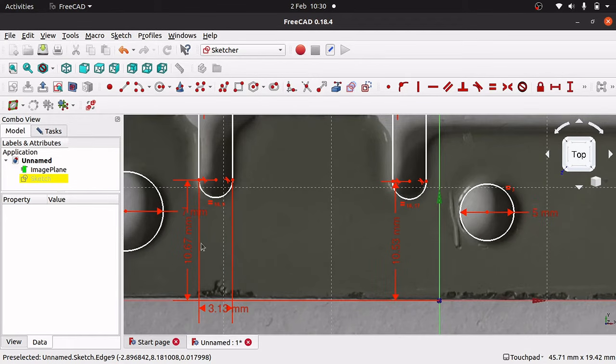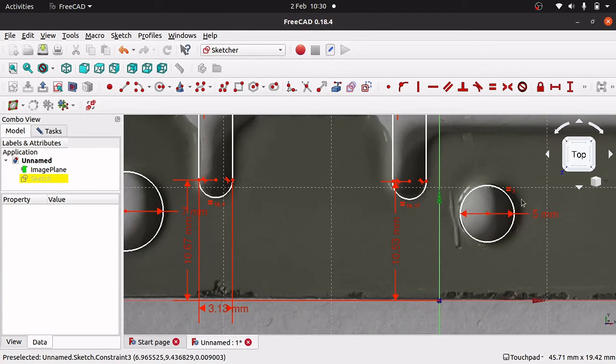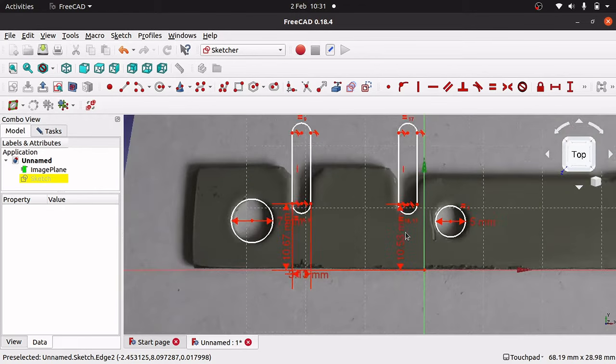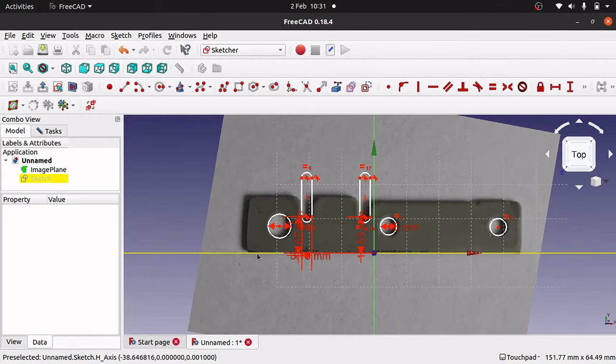So you can see I've got less constraints showing on this one because we've got equality of constraints for the actual width, etc. Move this in position. You want to be careful of shadowing. You've got a shadow around here where the picture's been taken, so make sure you align this with the edge that is not in shadow. Okay, so now we should have our slots done, and I'm going to box this all off now with the